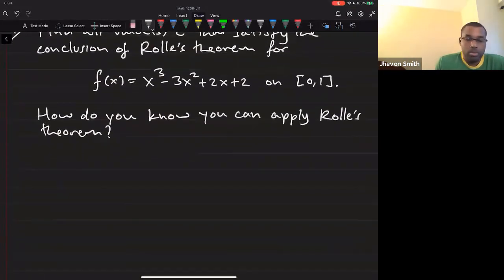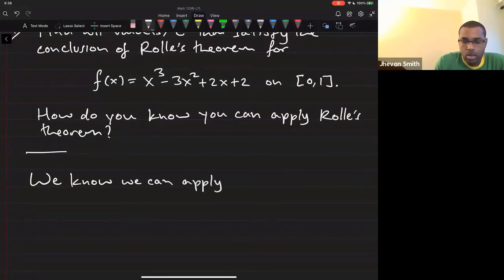How do you know we can apply Rolle's theorem? So let's actually answer that first. We know we can apply Rolle's theorem